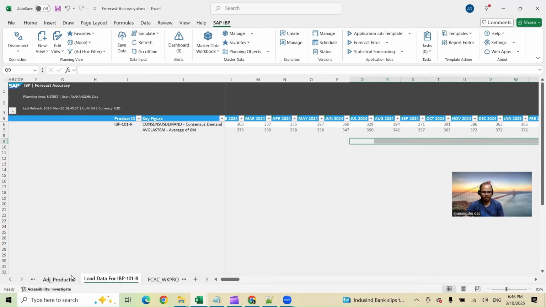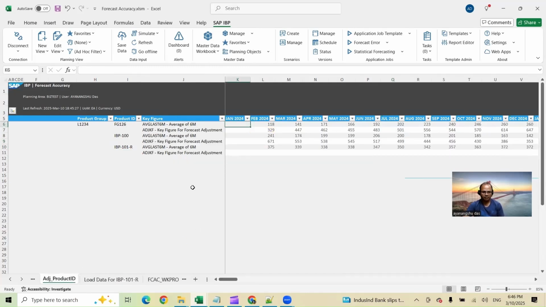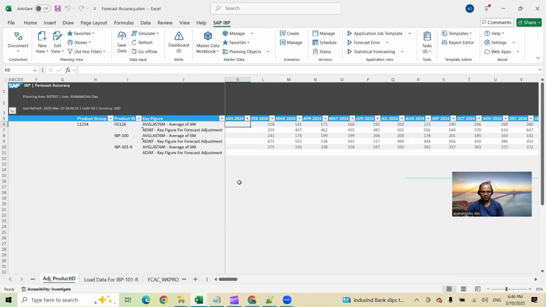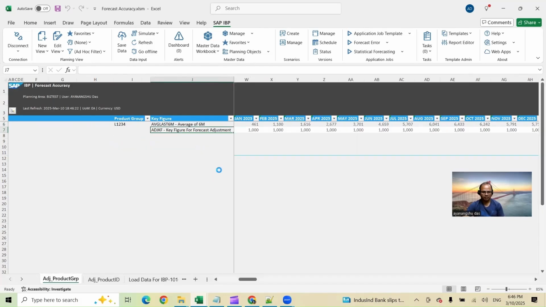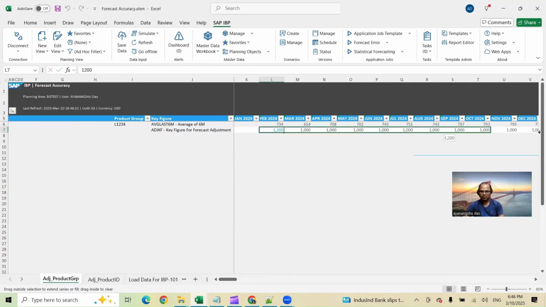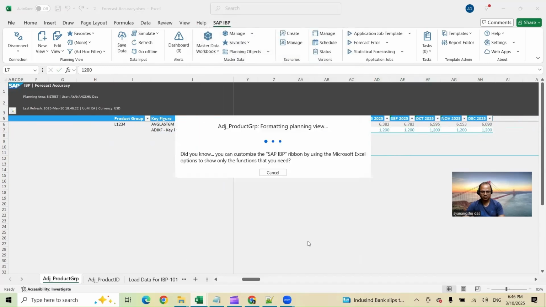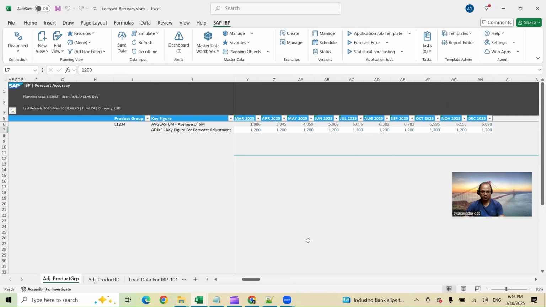Now we will go back to the product ID level and see if it's disaggregating based on the proportion. So I'll refresh it. And we see that we have to update it here also. So we will update the proportional, the average value, the adjusted key figure value. We'll save it here. Right. And then,